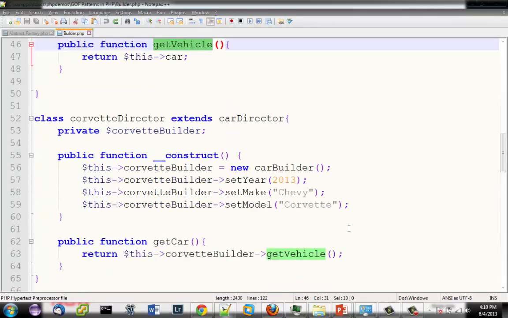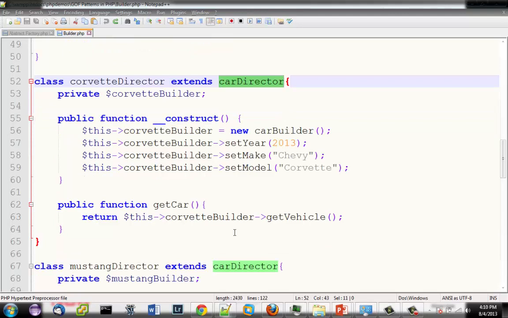And down here I actually have two instances of directors. I have a Corvette director, and it implements the car director. And in the constructor, where I actually build the properties on the top of the class underneath, what I'm doing is getting a generic car builder, and then setting the properties according to the Corvette director. It says to set it to a 2013 Chevy Corvette, and then the get car method down here actually calls the Corvette builder, which is a car builder, and then gets the vehicle and returns that as a concrete instance of that class.